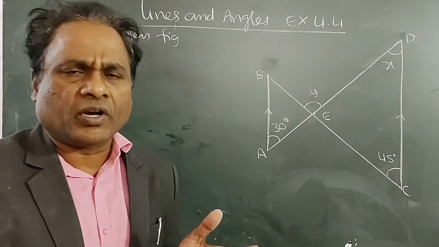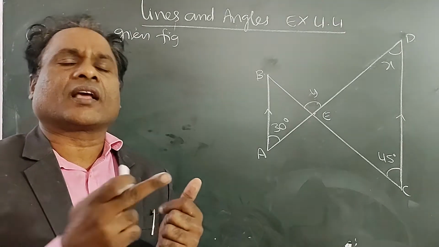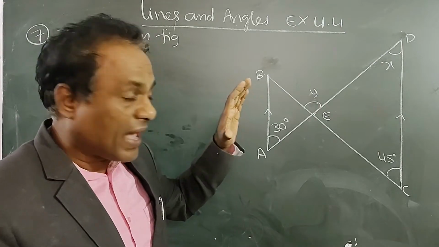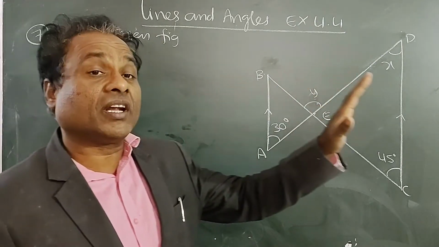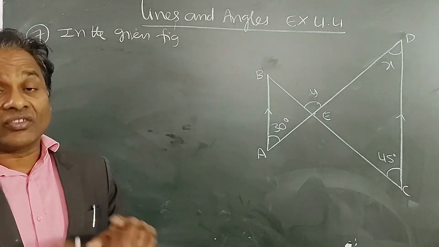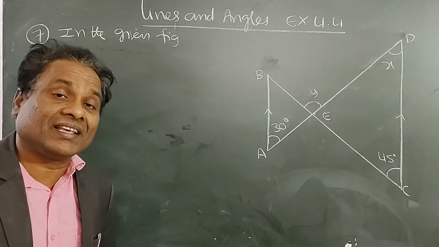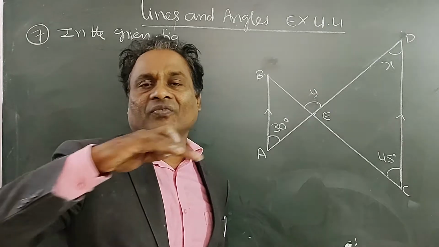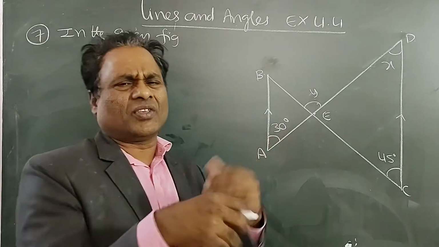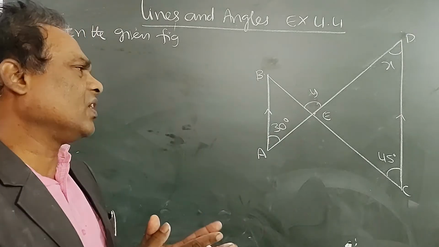So many, all five concepts: alternate angles, corresponding angles, angle on a straight line or complete angle, sum of two interior angles on the same side of the transversal is 180, and the sum of three angles in a triangle is 180 degrees. The exterior angle is equal to the sum of two interior opposite angles. If you use these concepts, we can solve any problem.